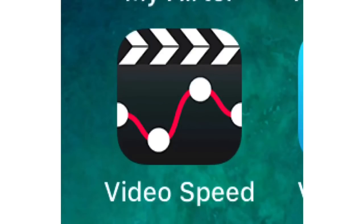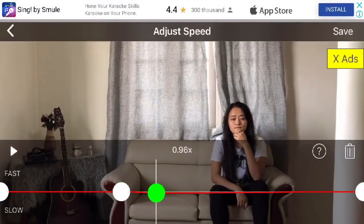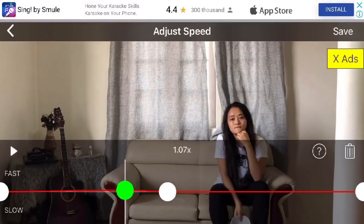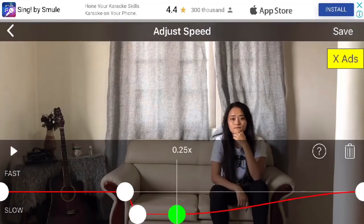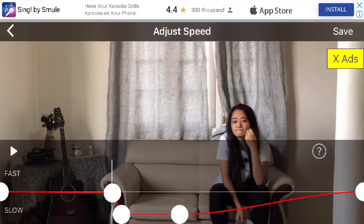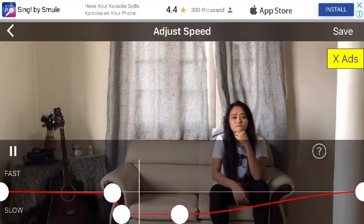Now you download the VideoSpeed app. I use this app for my slow motion sometimes, but sometimes I use the normal iOS slow-mo cam. If you don't have a slow-mo camera or a slow-mo app, I suggest you use this. This is a really good app to adjust slow motion and fast motion and the normal motion. And I adjust the slow-mo part right when I flip the cap